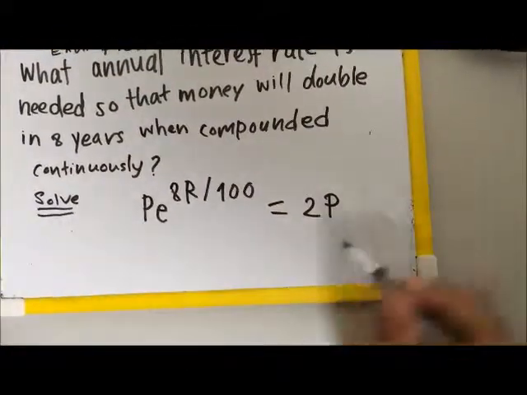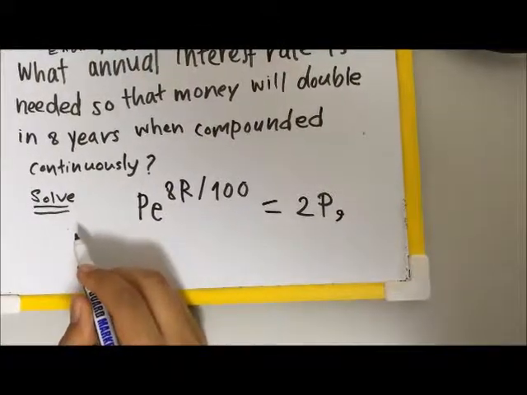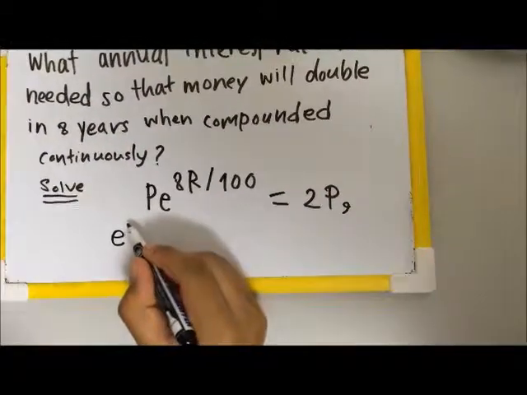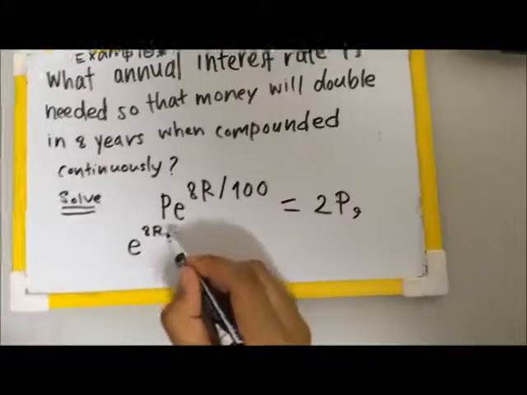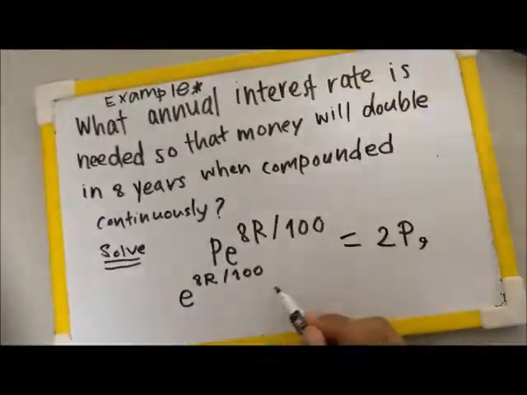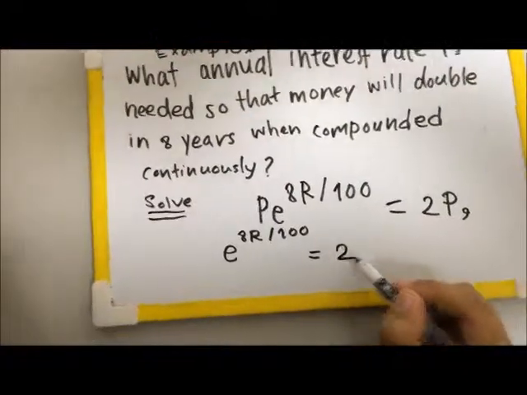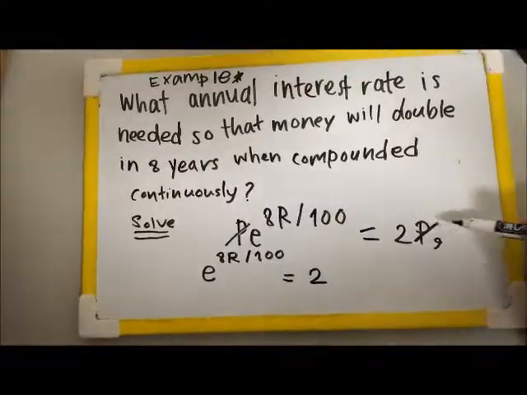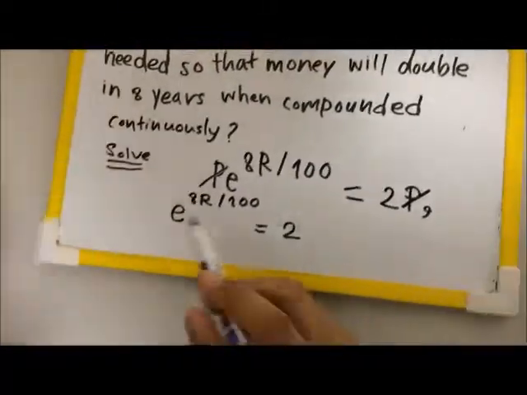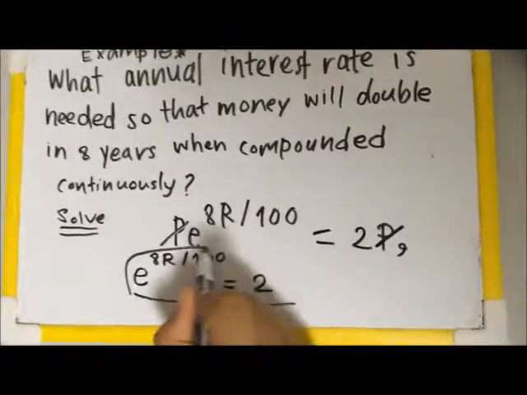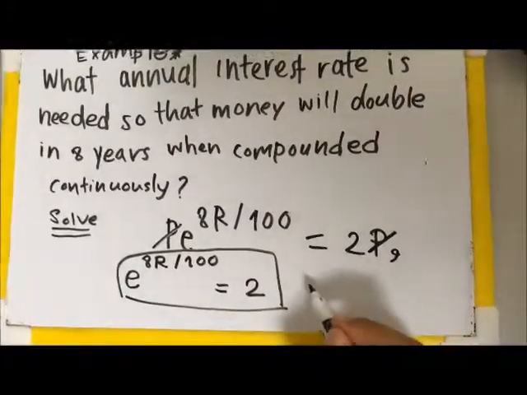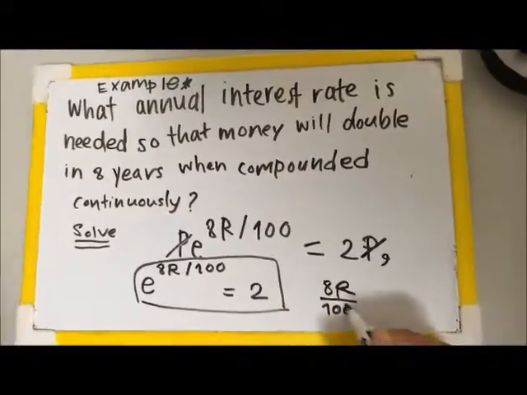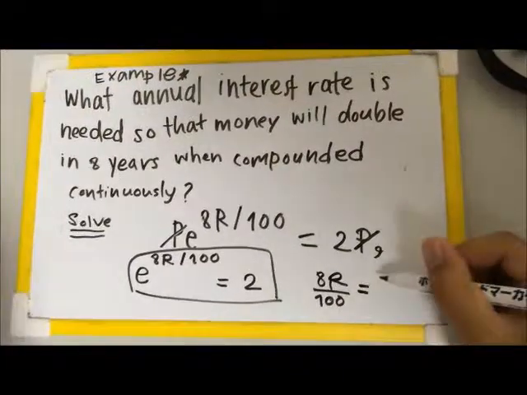This is equivalent to the equation e to the power 8 times r over 100 equal 2, because we can cancel P out of the equation, which will imply that 8 times r over 100 will be equal ln 2,